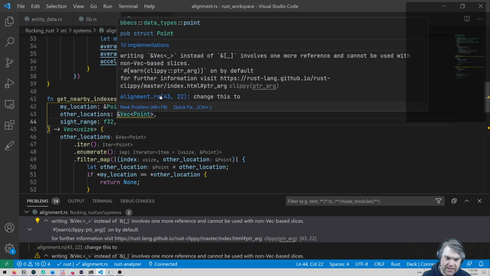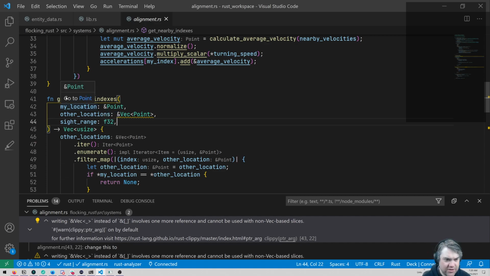I like this. Change this to, and then nothing. I can't even scroll down with it. Okay, so this is in alignment. Other locations.